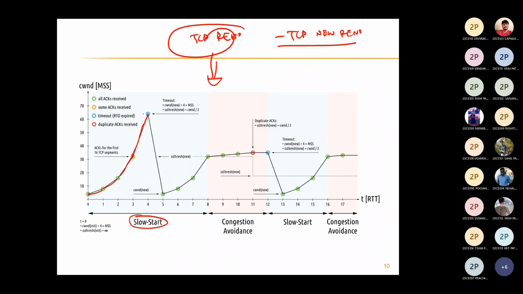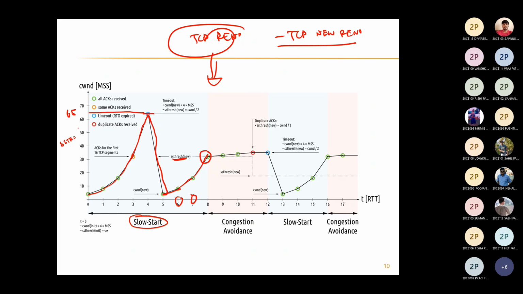This is slow start. This is about TCP New Reno. It starts again with 1, and additive increase by 1, so 6, 7, 8, then it is slow start. Now SS thresh is what you experience here. Let's say this is not 8, this is about 65. So SS thresh